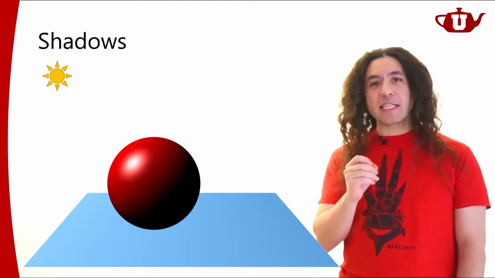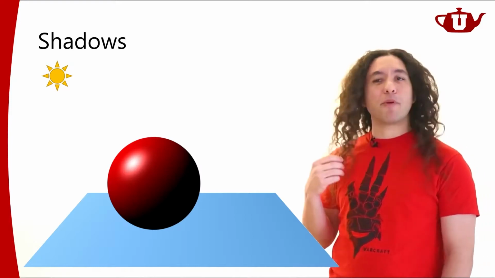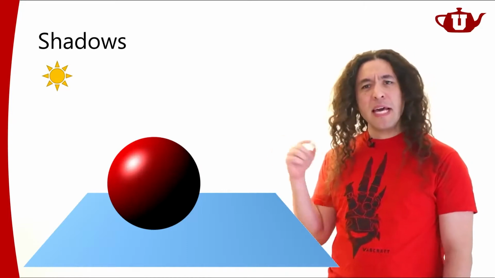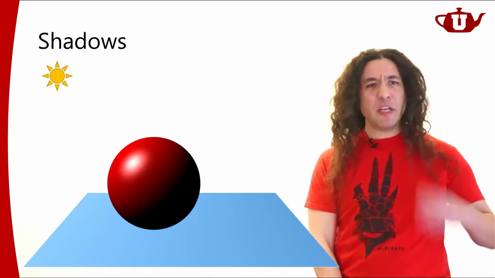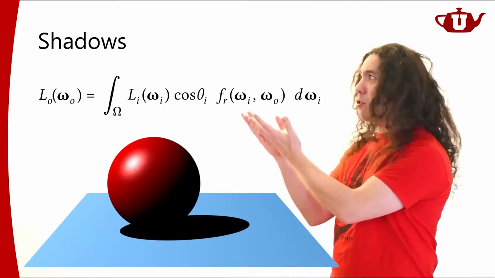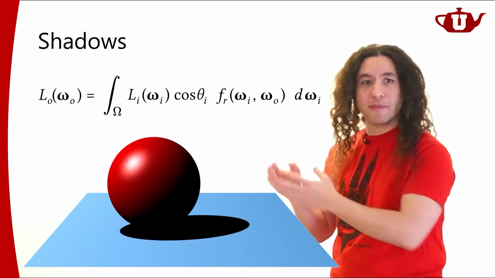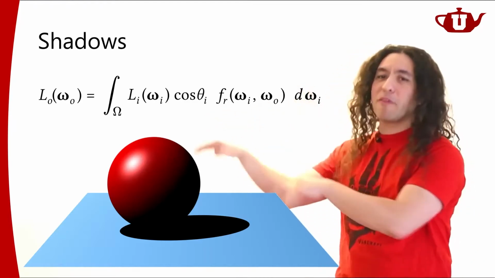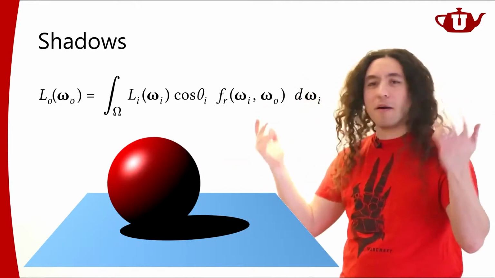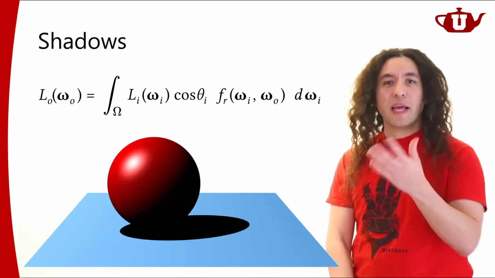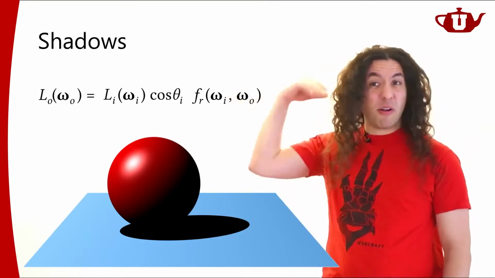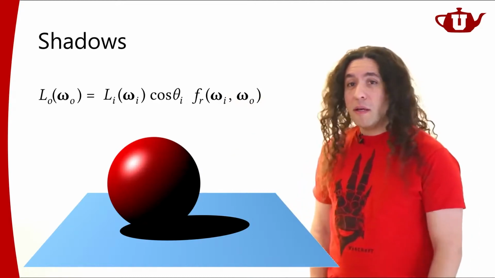Okay, but the thing is, we've been doing things properly. We did some approximations, we did some simplifications, we used that simple shading model and whatnot, but we haven't been getting shadows in our renderings. So we've been using the rendering equation, right? The shadow should be here somewhere. This is the rendering equation after all. We used a simplified form of the rendering equation. We said light is not coming from all directions, it's coming from just one light source. If it's coming from one light source, this whole integral collapses into this simpler form.